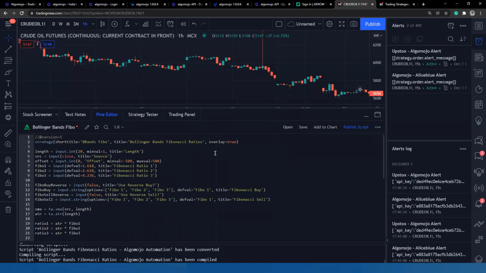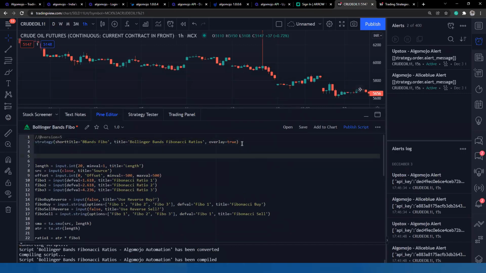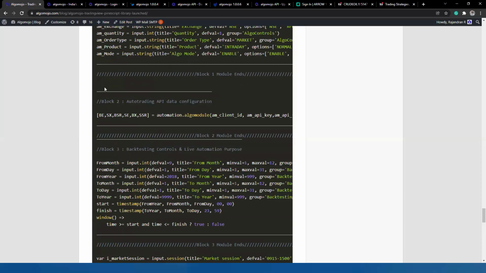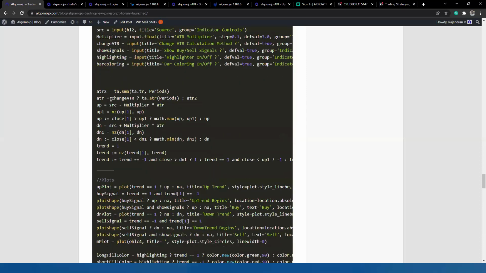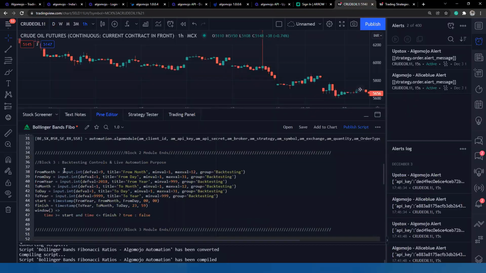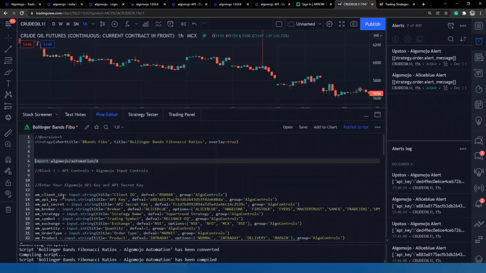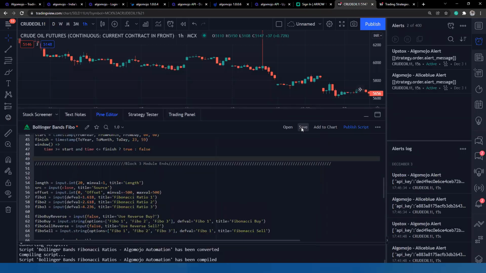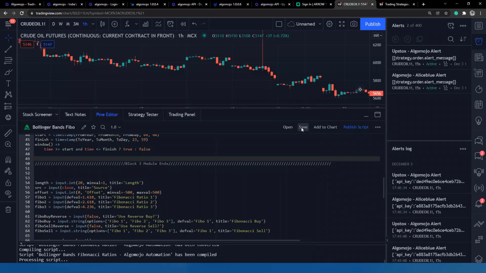Once it is done, the next procedure is very simple. Go and add all the 3 blocks at once, in a single stretch. In my case, here are block 1, the import library, then block 2, and then block 3. I'm going to add all the 3 blocks at once. Ensure that you have the import module. Once all the 3 blocks are done, first save it and ensure that there are no errors. Then you can go and configure the 4th module. Okay, there are no errors.